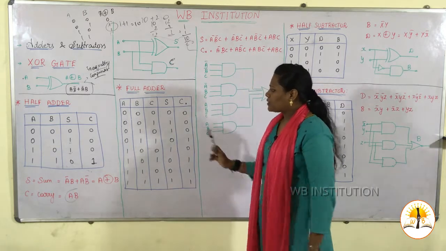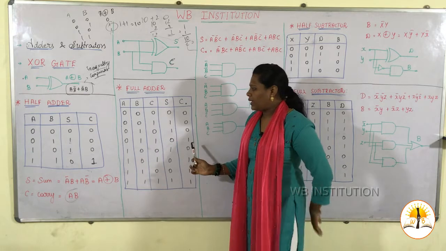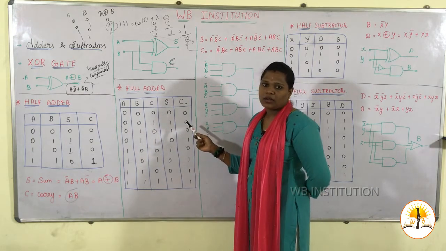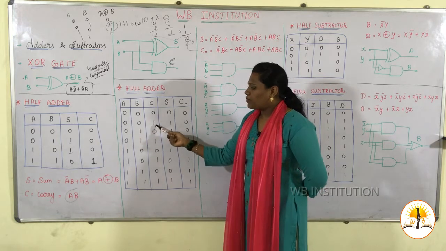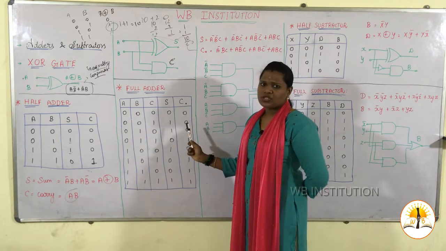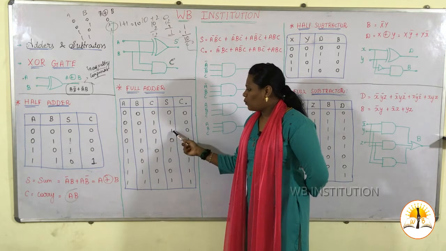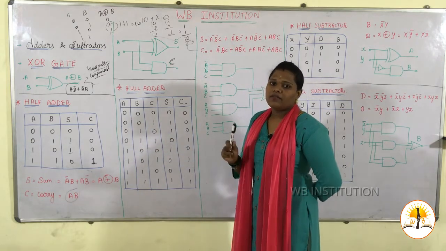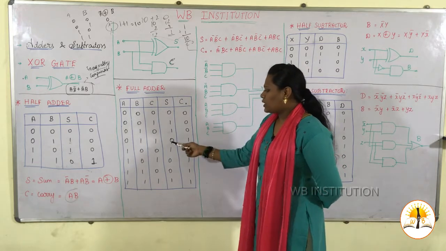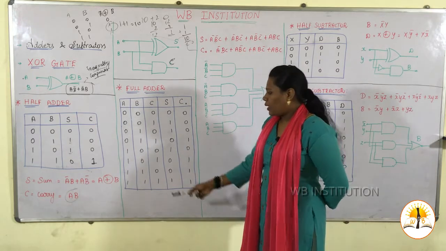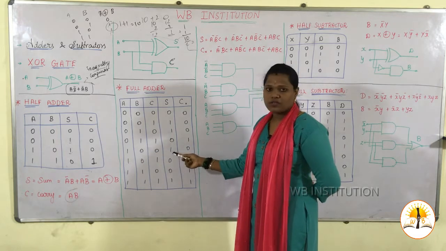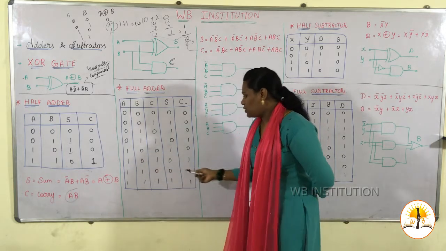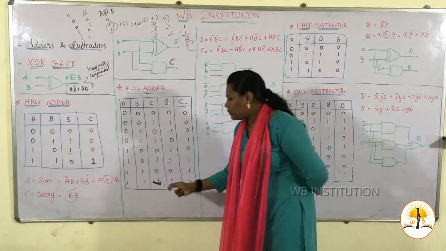Okay, then coming for sum, first we'll do sum, later we'll do for carry. Okay, adding up of 3 zeros will give you 0 and the carry here is also 0. Adding up of these, 1 is your sum and no carry. Like this way 1 is 0. Okay, see here 2 1s are there. So what I told you earlier, 1 plus 1 will give you 10. So the sum is 0 and the carry will be 1. Again 100 will give you sum of 1. 2 ones you will be getting 0 1 and for 2 1s 0 1. And coming for the last one 111.